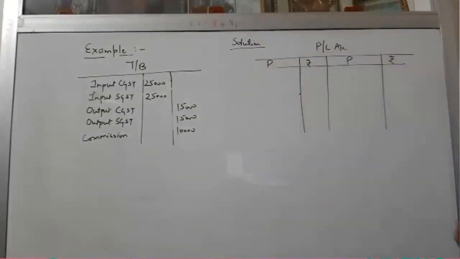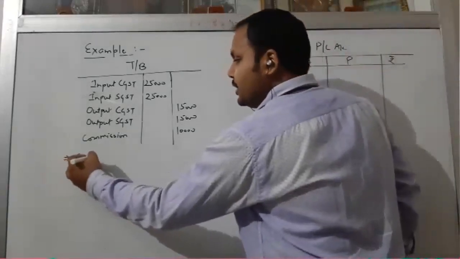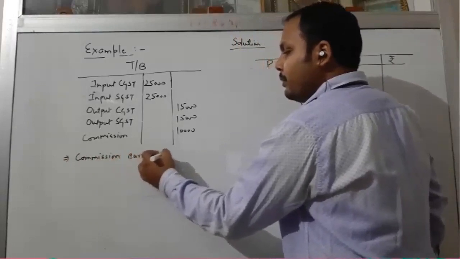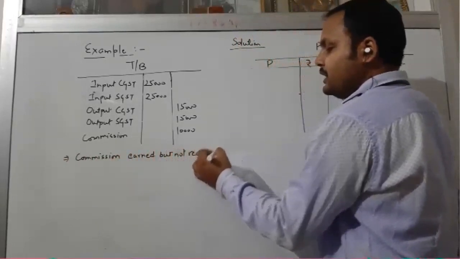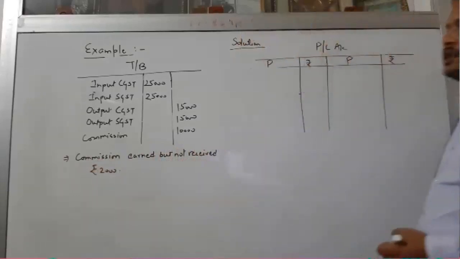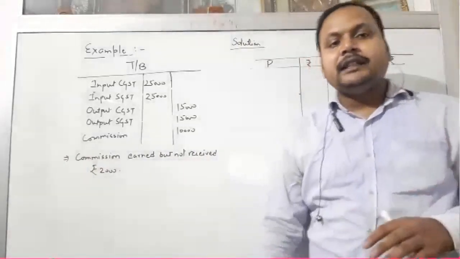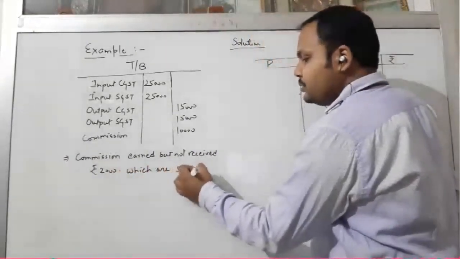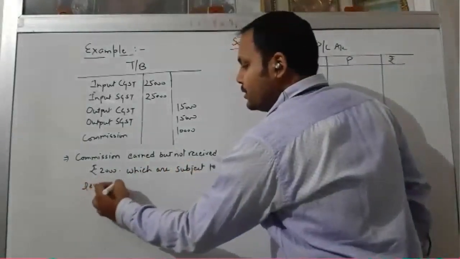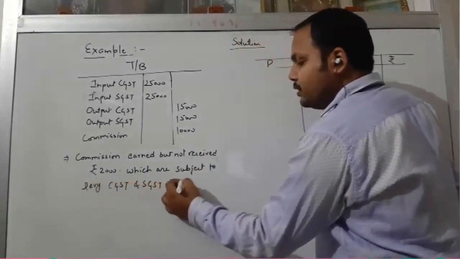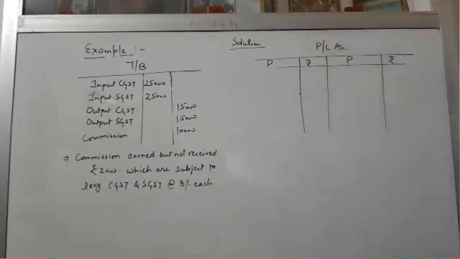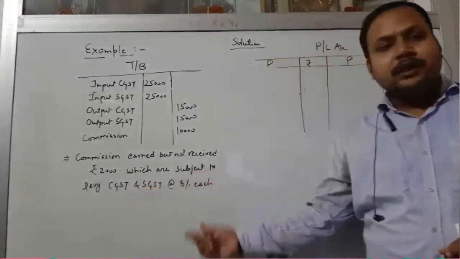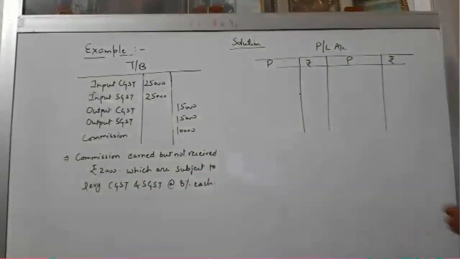Suppose if we are talking about the commission is 10,000 and the adjustment are: commission earned but not received rupees 2,000। Question में लिखा है commission earned but not received, ये commission जो आपने earn तो कर लिया लेकिन आपको मिला नहीं, कितना नहीं मिला है, 2,000। Okay, which are subject to levy CGST and SGST at the rate of 8% each। और question में लिखा हुआ है कि commission आपने earn किया लेकिन आपको receive नहीं हुआ, कितना, 2,000, which are subject to levy, जिस पे CGST charge होगा और SGST charge होगा, कितना percent, 8% each।